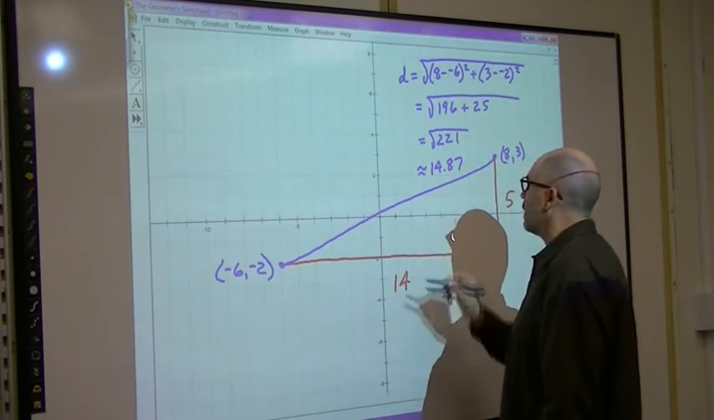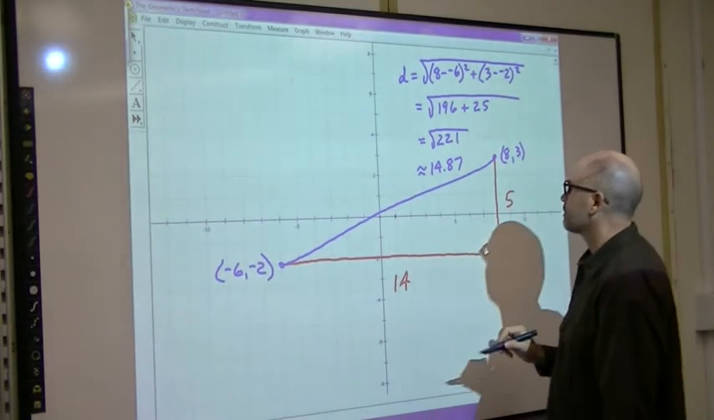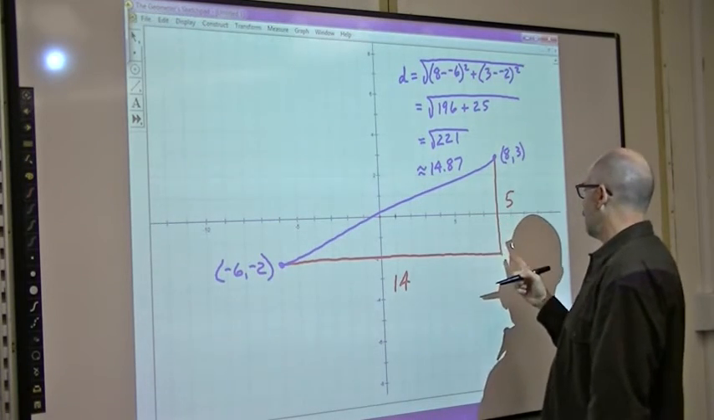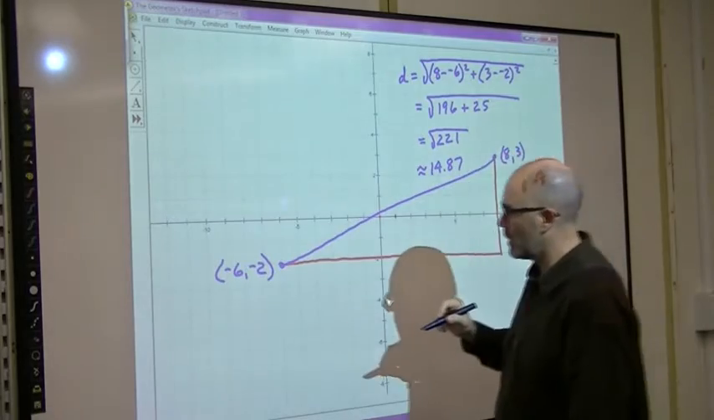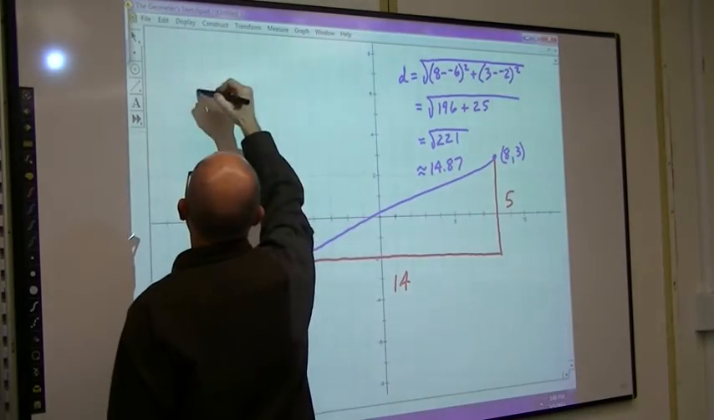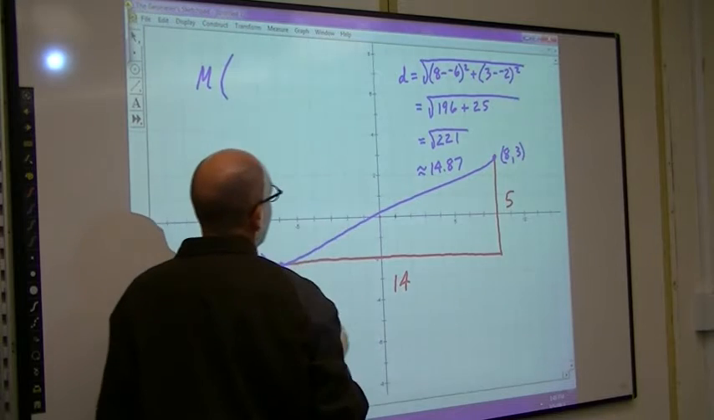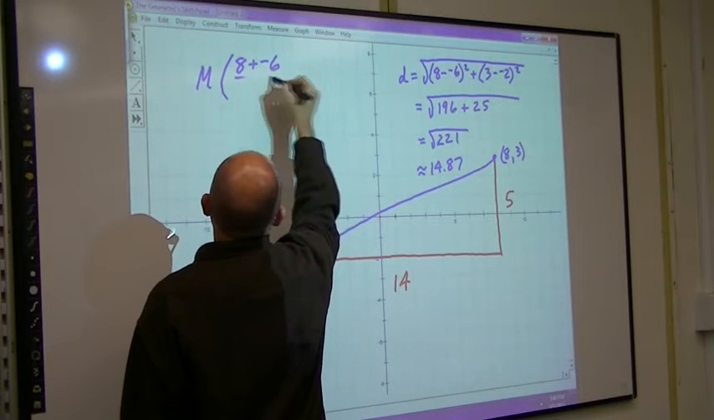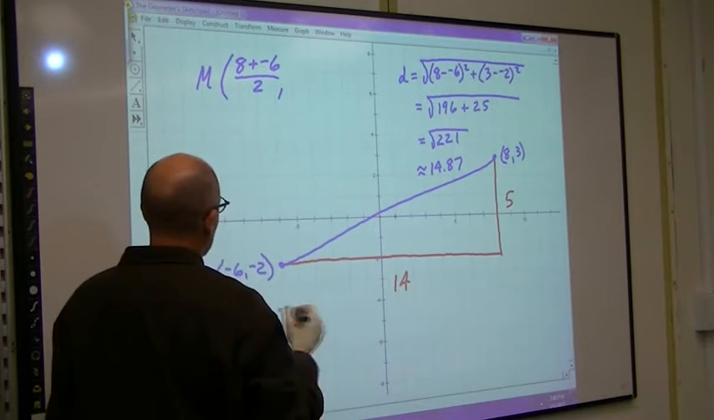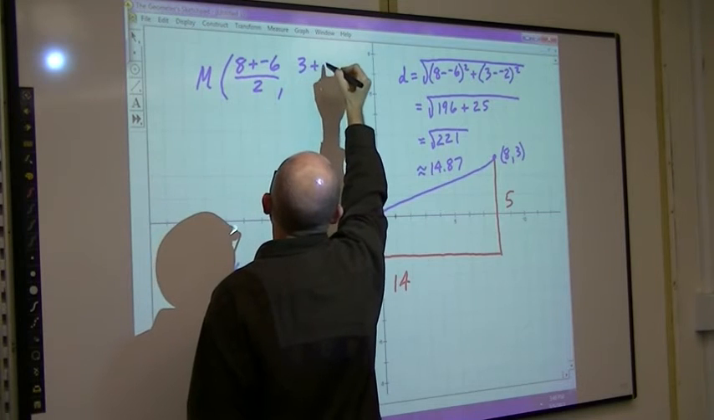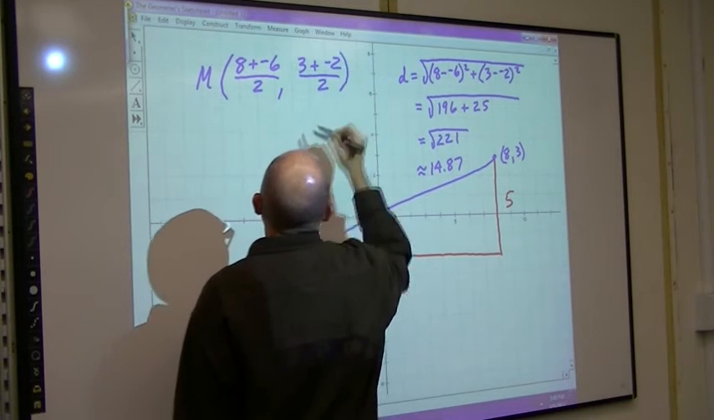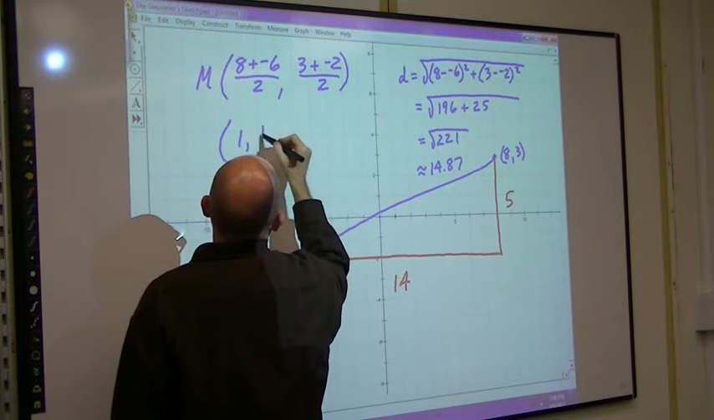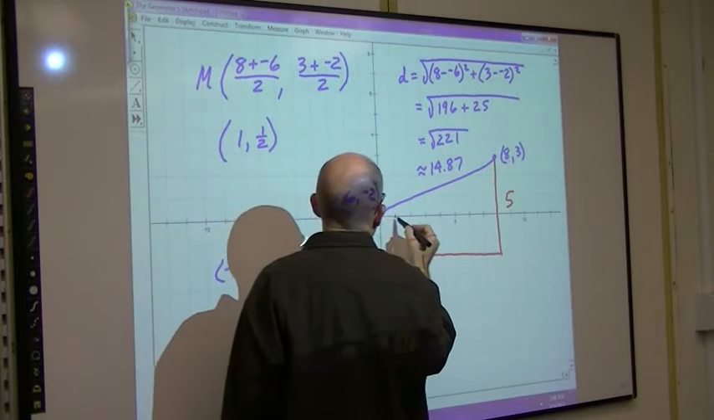So where's the midpoint here? Well, the midpoint is going to be the middle of the x's. So what we're going to do is go, midpoint is going to be 8 plus negative 6 over 2, and 3 plus negative 2 over 2. So that ends up being 1, 1/2. So 1 1/2